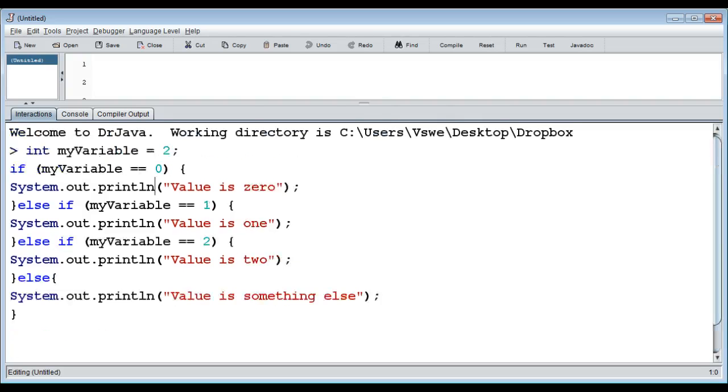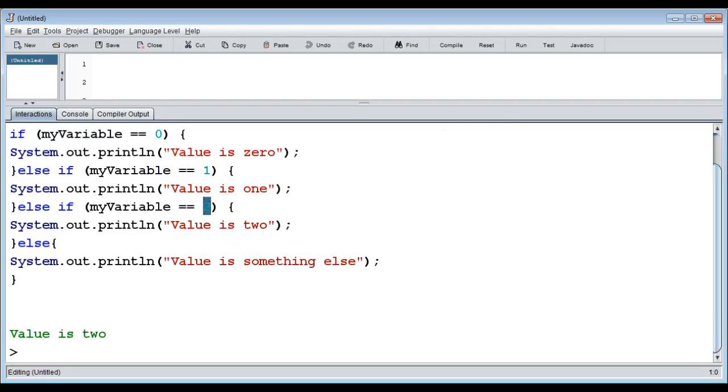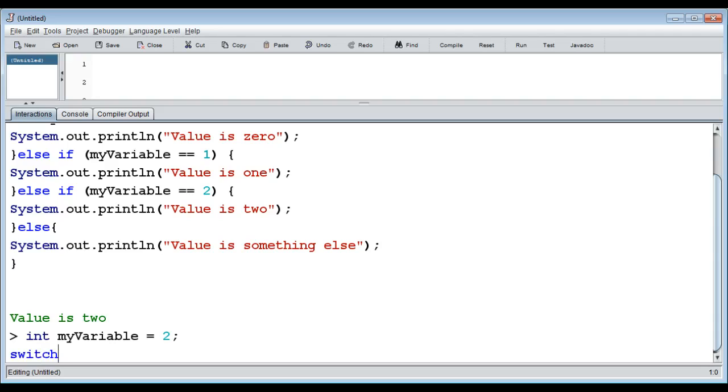So if we want to do something like this, we have one variable with a value, and then we want to compare that against different values, and depending on what that value is, we want to do specific things. If we want that, we can use, like I said, a switch statement. So we start with the same thing, like this, and then we do switch. We type switch there, and then we type the value we want to use. That's the value of my variable. And what we can do then is